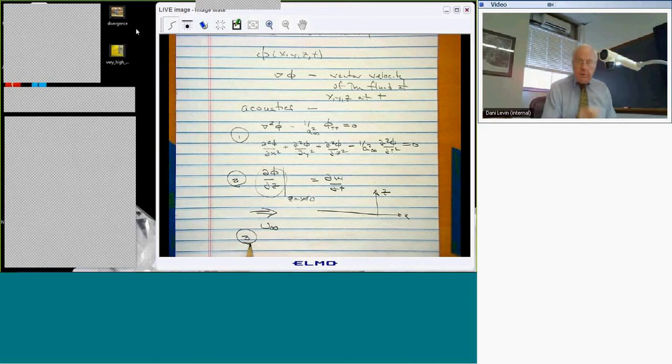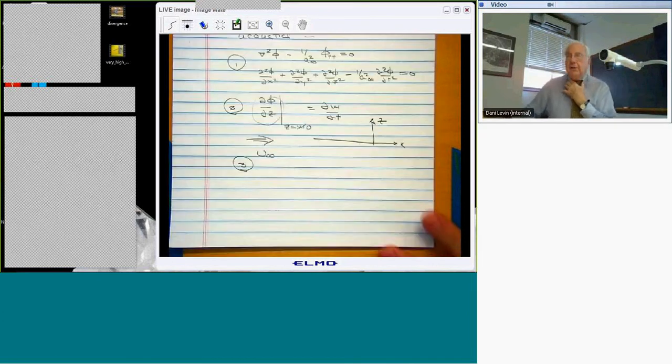Then, it's nice to find the velocity potential, but I'm an aeroelastician. I want to know what the pressure is. All right? And so, fortunately for us, Bernoulli, a long time ago, I've forgotten which Bernoulli it was. There were 3 of them, right? There was a father and 2 sons. But one of the Bernoullis